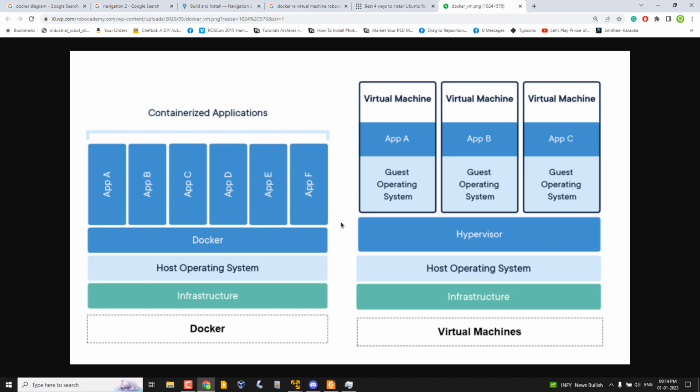It's actually working along with the Linux kernel. So it's not running separately, it's working along with the host operating system. Okay, so the advantages that we are getting